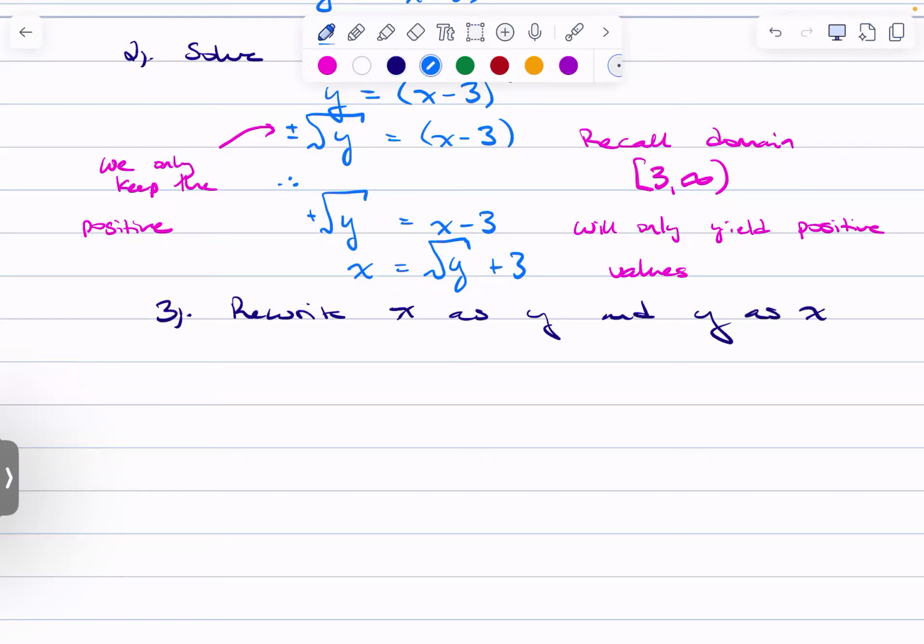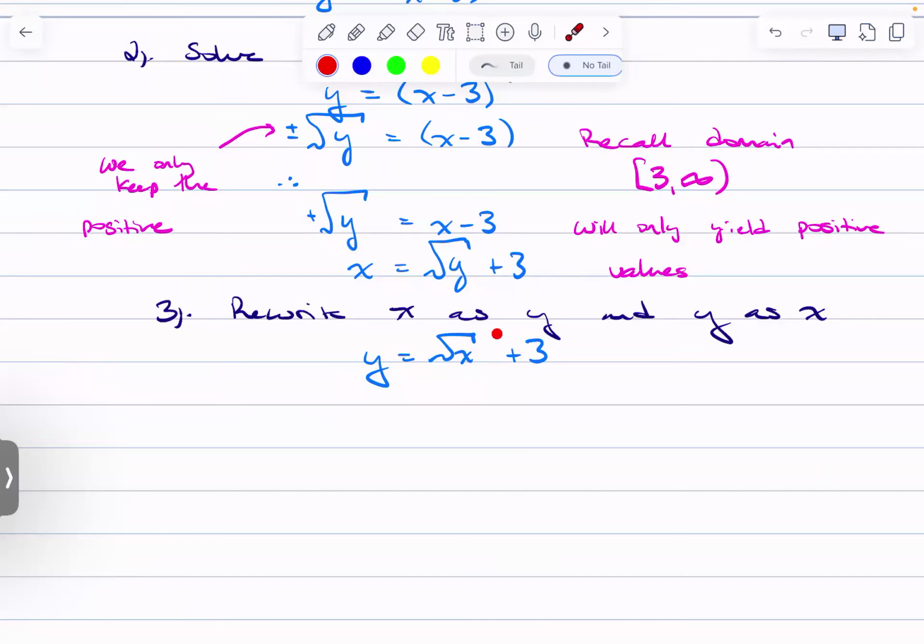So then I get y is the root of x plus 3. And notice that I'm putting that hook on the root just to show that that 3 is not inside the root. If you're not very good at remembering that hook,